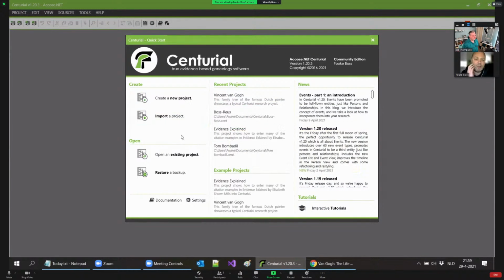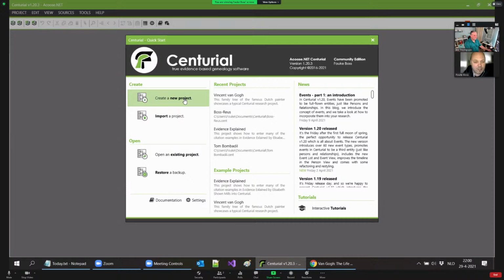What I would like to do is show you how it works using a famous Dutch. I'm from the Netherlands myself, and I want to use a famous Dutch painter, Vincent van Gogh, as an example. Same here. And it's a thankful subject because there's a lot of sources available, of course.